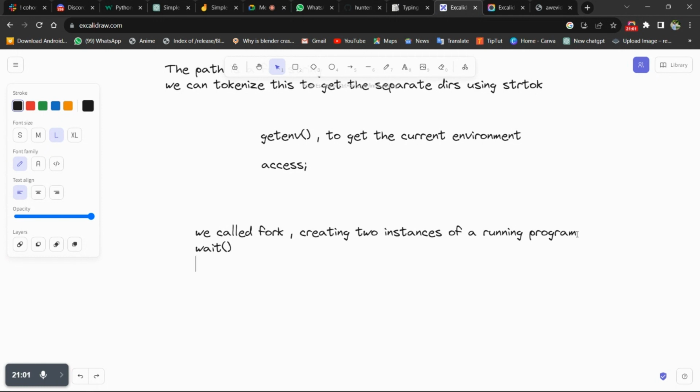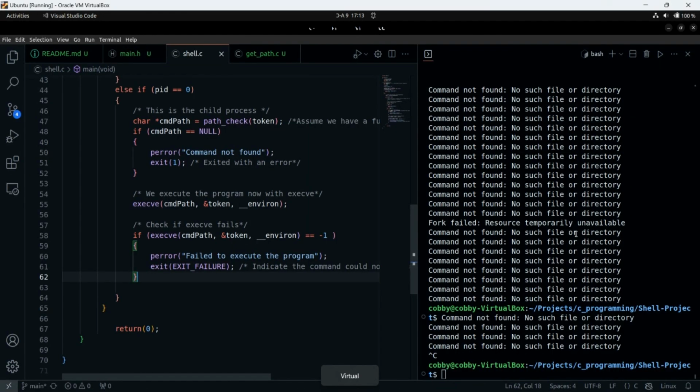So what we are trying to do now is use wait in our code. If you focus well, we don't have a big while loop for all of this, because shell is a constant loop; it doesn't end until you exit.